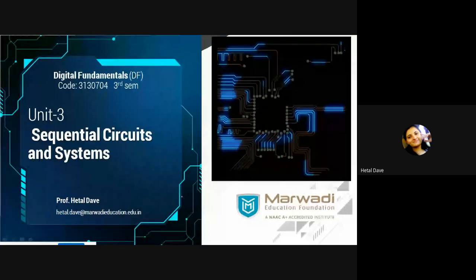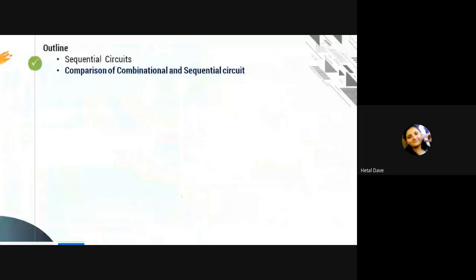Sequential circuit is there in traffic light control, whatever we are going to learn. You can make your own project based on this circuit, let's say traffic light control. So we are going to learn a real-time circuit, named sequential circuit, which can be used to design any automatic digital circuit. First of all, we will see the outline of which topics we need to cover. First of all, the introductory part is given. What is sequential circuit? Please remember the terminology explained here. This terminology will be useful for the rest of the chapter.